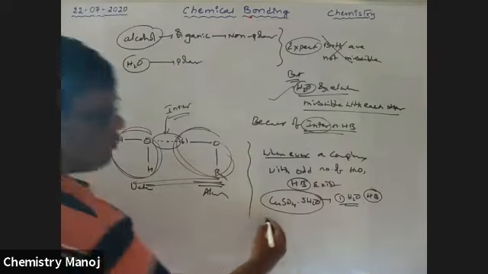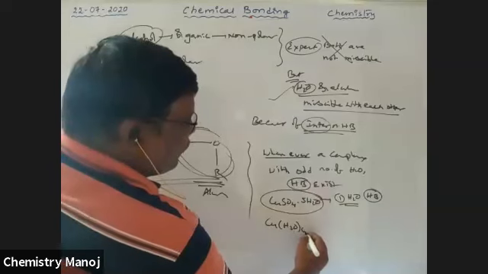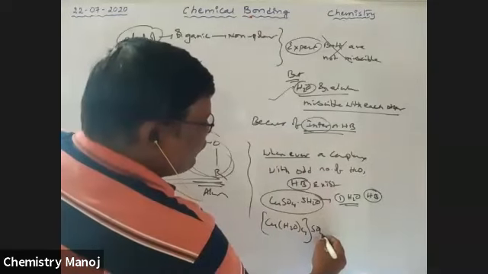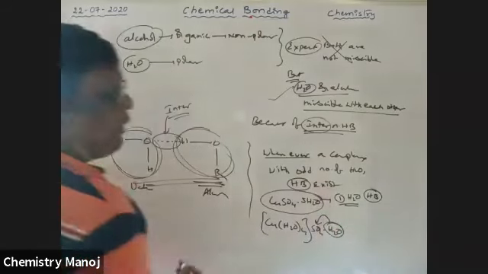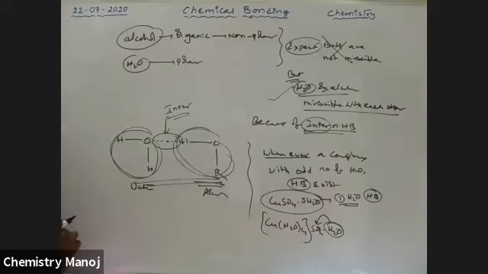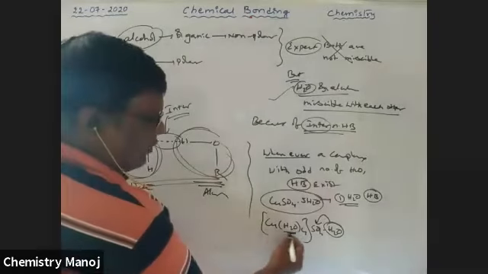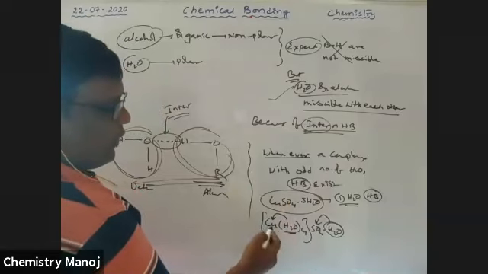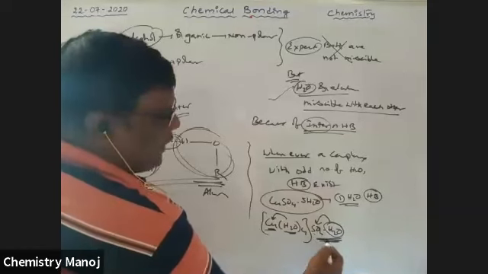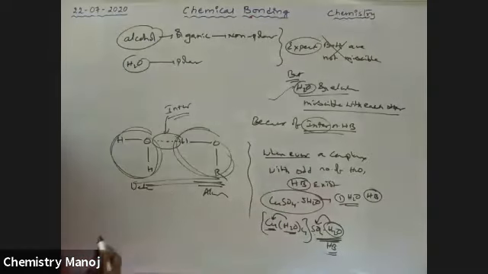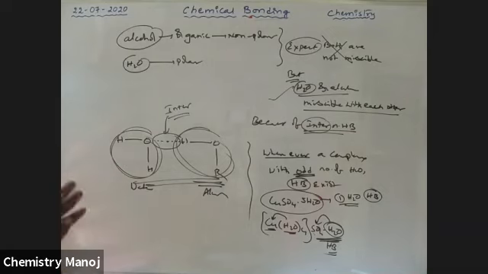How, sir? See here, a complex [Cu(H2O)4] is formed, SO4, and one water molecule. This water molecule is hydrogen bonded with the SO4 anion. Four water molecules are connected with the copper cation, and one water molecule with the anion. Between this water and the sulfate ion there is hydrogen bonding. Therefore, a complex with an odd number of water molecules must contain hydrogen bonding with anions.